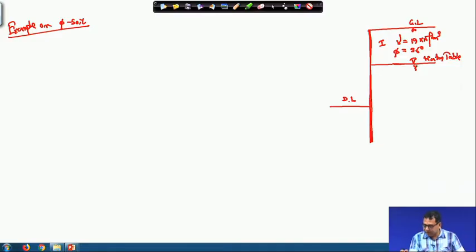So we can treat it as a 2 layer system, because here the unit weight will change. This is the effective or submerged unit weight, so this will be 19 minus 10, which is 9 kilonewton per meter cube. The phi value will remain the same, 36 degrees. Below the dredge level also, the unit weight is 9 kilonewton per meter cube and the phi value is 36 degrees.